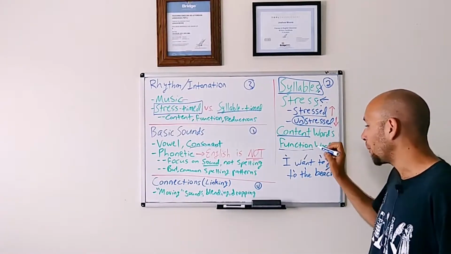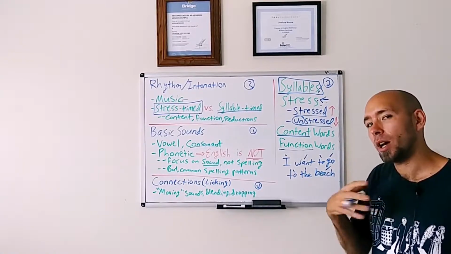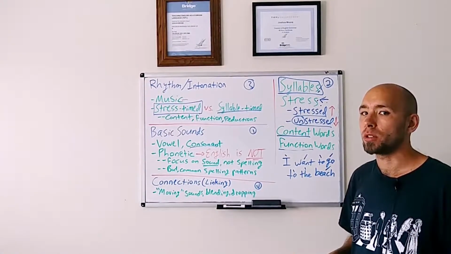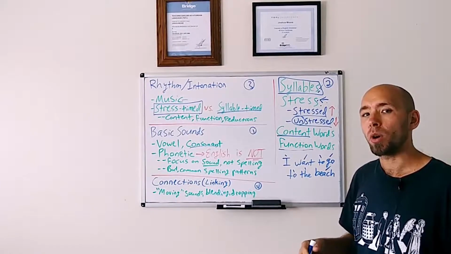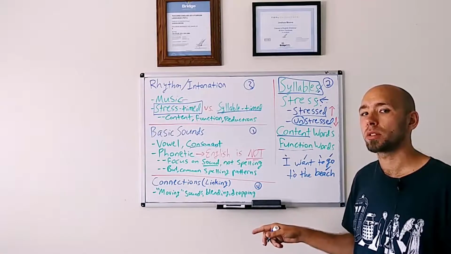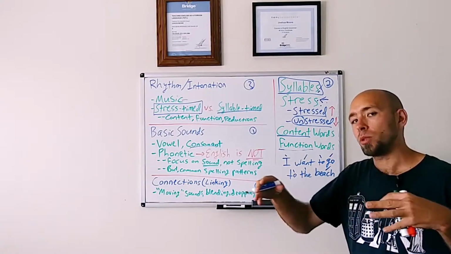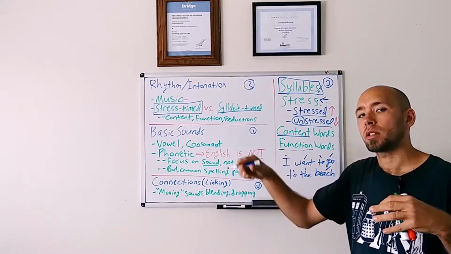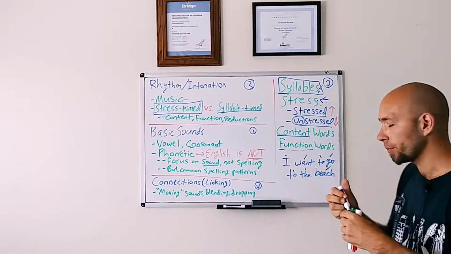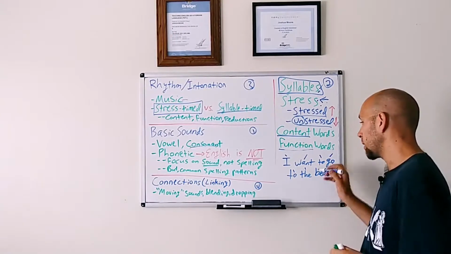So how we actually say this, listen to how I pronounce this sentence very naturally. I want to go to the beach. So there's this different music to it. Dun dun dun dun dun dun dun. Okay? Now you also know I was actually saying wanna,